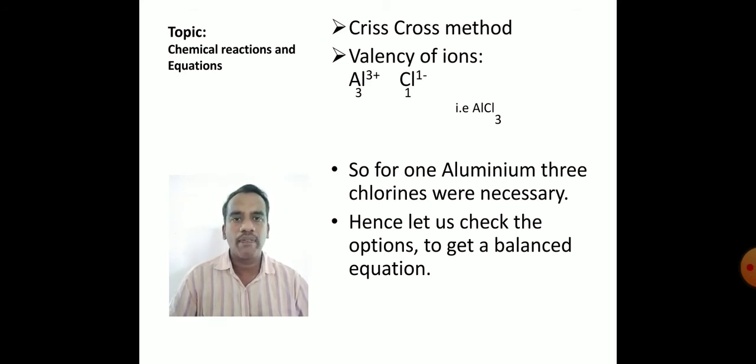In the aluminium chloride, what is the number of chlorines bonded with aluminium? We can find there are 3 chlorines bonded with aluminium. Meaning for a single aluminium, how many chlorines will be combined? 3 chlorines will be combined. Now the question is